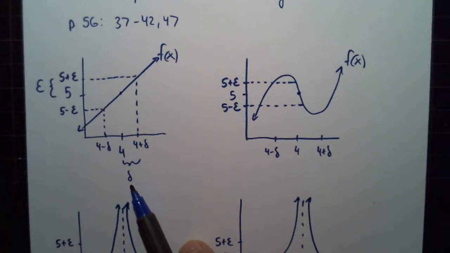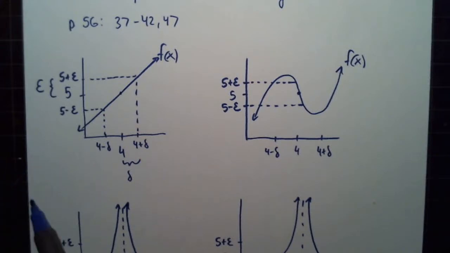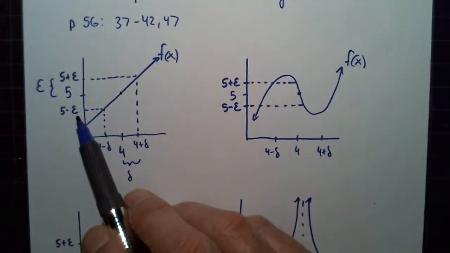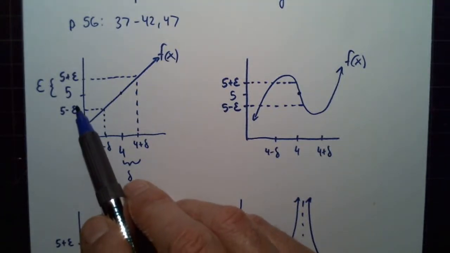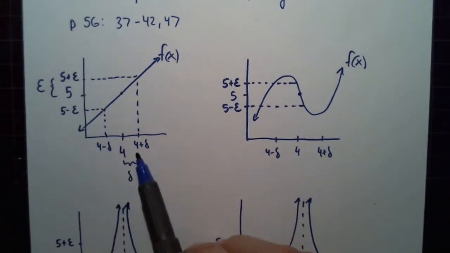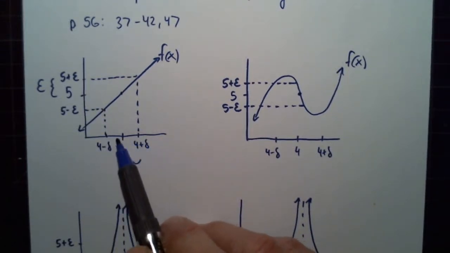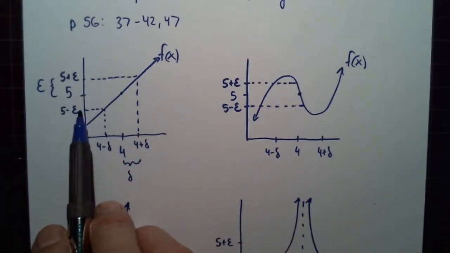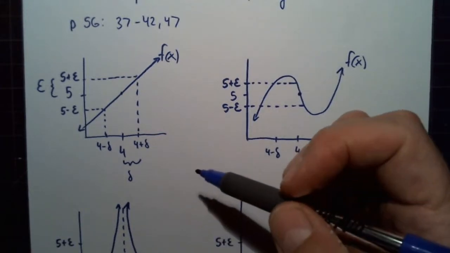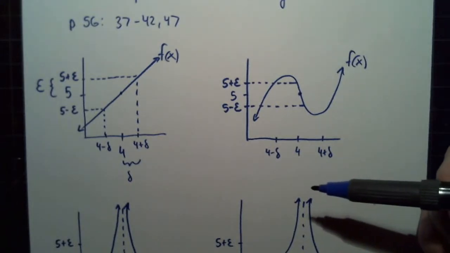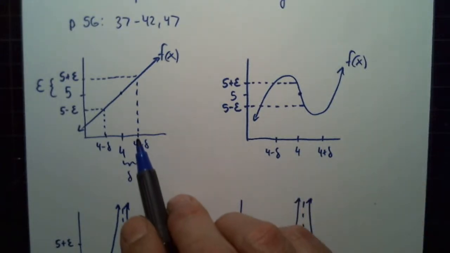If we look at this graph, we want to be thinking of the answer to this question, which is if you choose for this epsilon, epsilon is a distance away from 5 on the y-axis, and delta is the distance away from 4 on the x-axis. We can go up delta or down delta, and this is up epsilon, down epsilon. And for this epsilon that I've drawn, is delta